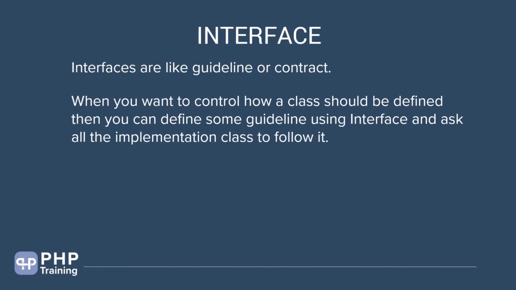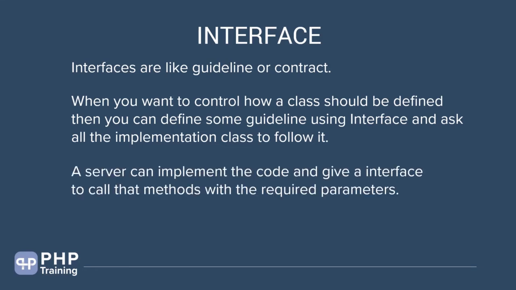We have defined some methods in the interface, then we implement that interface to a class, and then we ask all the classes to implement this functionality via that method. Okay, so let's look at an example of how it can be used in real life. A server basically can implement the code. So actual code is sitting at the server, and then you want the client to access that specific code. Okay, you can give them an interface and say this is how my methods look like.